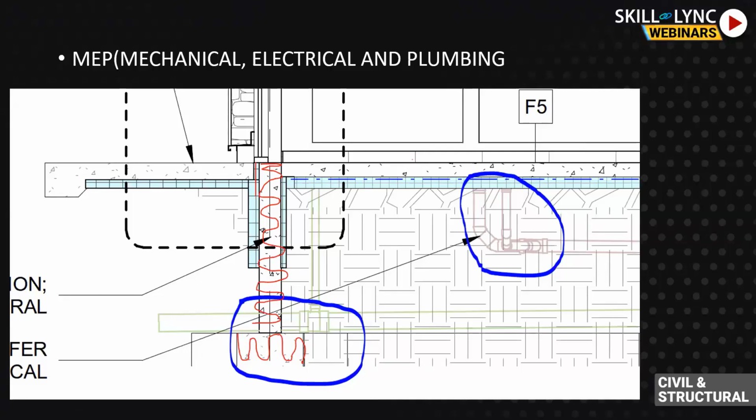But in some of the cases, you have to find a way out. If it's a drainage pipe, the drainage pipe has to go in with some slope. You cannot alter that slope. You can make the slope steeper, but you cannot make it flat, or reduce that slope. It has to go with some minimum slope. Depending on the conditions, you have to find a way out. There are X number of cases and X number of solutions which you will get to learn as you grow into your experience.